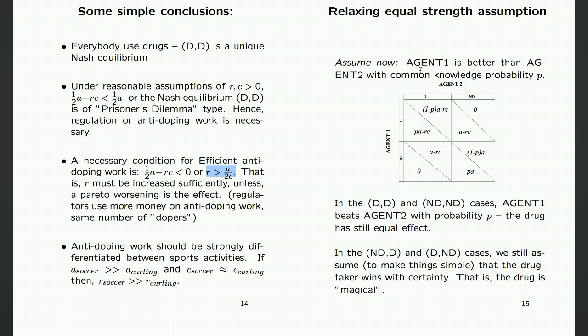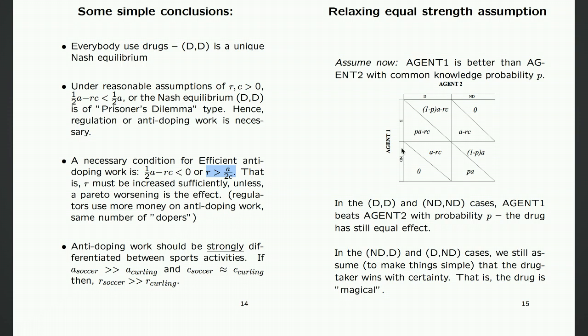And then again we have to make an assumption related to how this is formulated. And what we do here is that we say that agent 1 is better than agent 2 with a common knowledge probability P. This common knowledge term means that both agents here actually know this P. So they've been able to monitor each other during some historical events, and agent 1 knows that he will win against agent 2 with a probability of 75%. The same information is known by the other one.